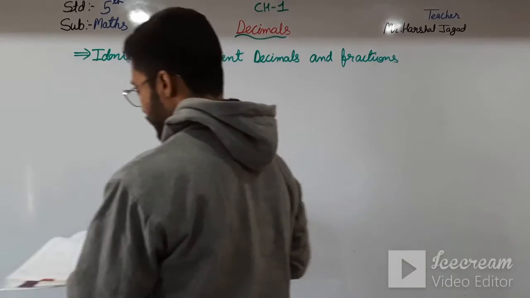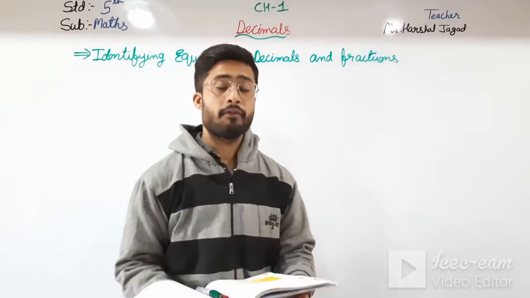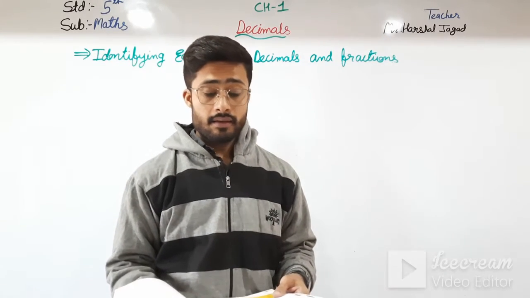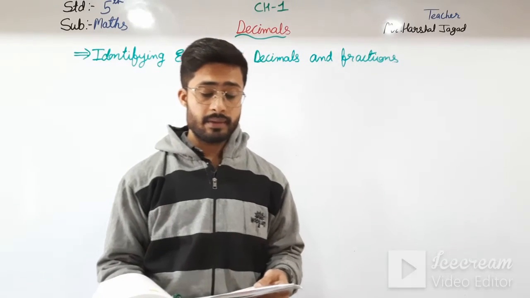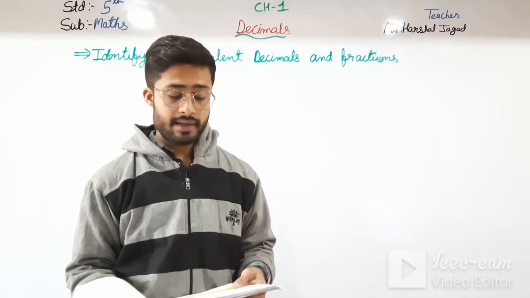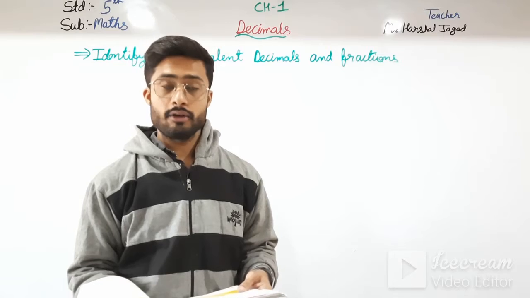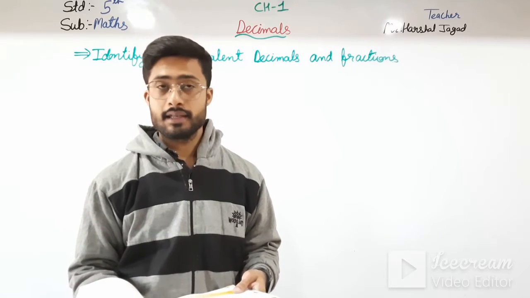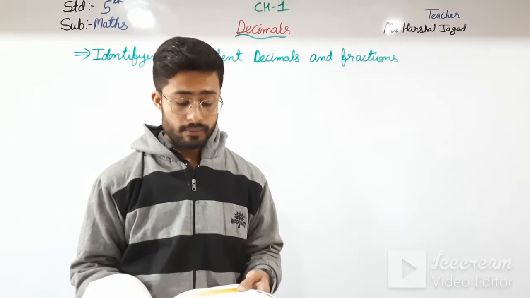Okay, so here first of all you can see decimals are a type of fractional numbers, as we have seen. 0.1 is equal to 1 by 10. The decimal 0.5 represents the fraction 5 by 10. The decimal 0.25 represents the fraction 25 by 100. Decimal fractions always have a denominator that is a power of 10. We have seen that 5 by 10 is equal to 1 by 2. Therefore 0.5 is equal to 1 by 2.